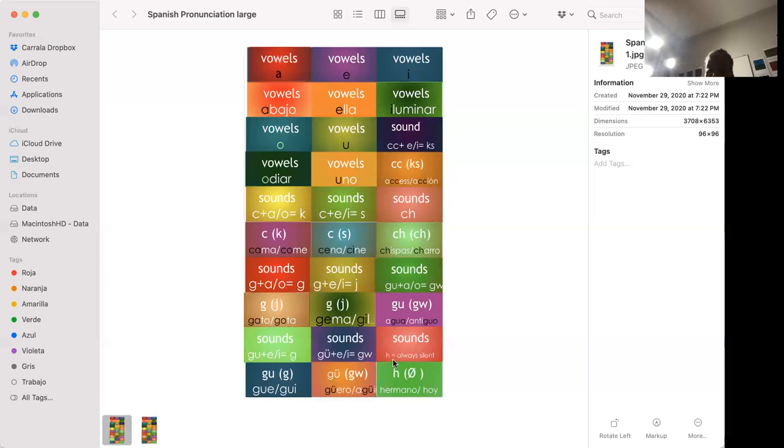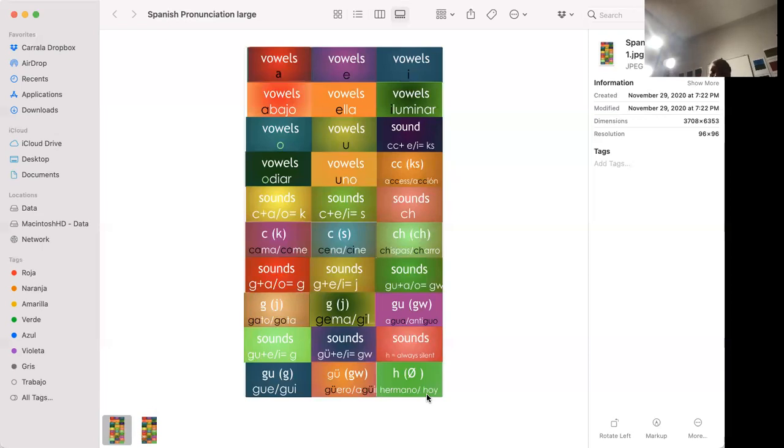Okay. The H has no sound, never. It never has any sound. It is always silent. Hermana, hoy. It is never, never. I've heard here in the United States, people call somebody whose last name is Hernandez, it's never pronounced with the H. And here as an example would be hermano, hoy. So what we're looking at, to put all this in a nutshell,